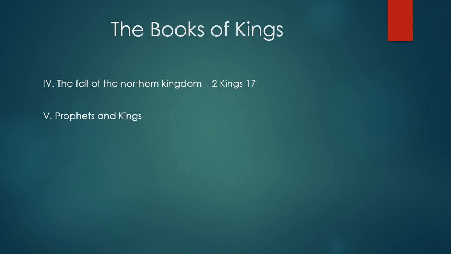Finally, let me close today's comments by saying just a few words about the role of prophets and kings. The first thing I want you to remember is that prophecy emerged simultaneously with the monarchy. There's a reason that prophecy emerged as a practice at the same time, and that is because now that they have a monarch, a king, there needs to be a way to keep the king in check, to keep the king from getting too powerful. Only God now is able to prevent the leader from getting too powerful, and so God is going to do